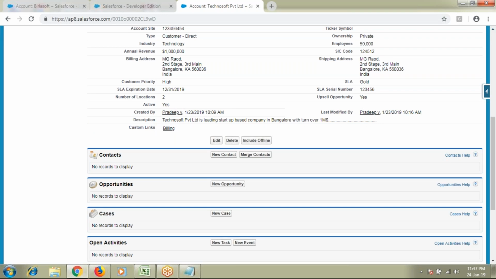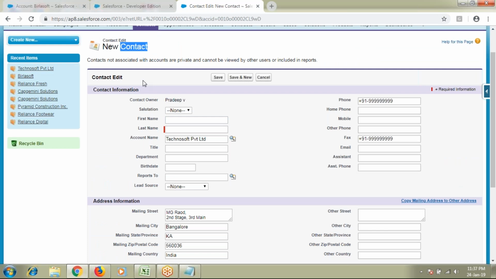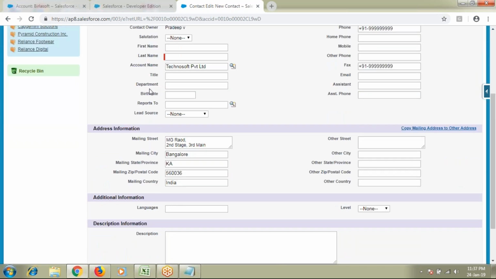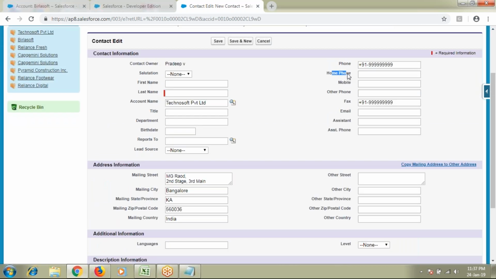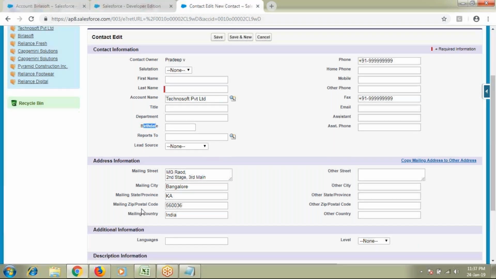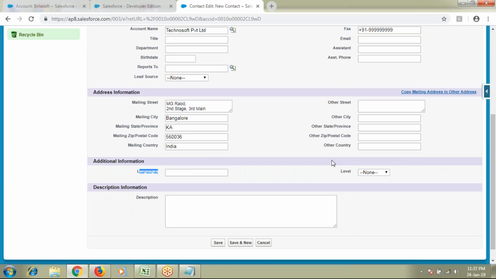And now here for the contact, we have a different set of fields, different set of details. Home phone number, mobile number, other phone number, email ID, title of the person, department, birth date, and languages level. Now we'll see. The first one, salutation. I'll take Mr. The first name and last name.